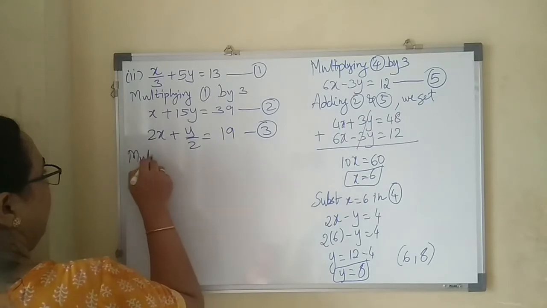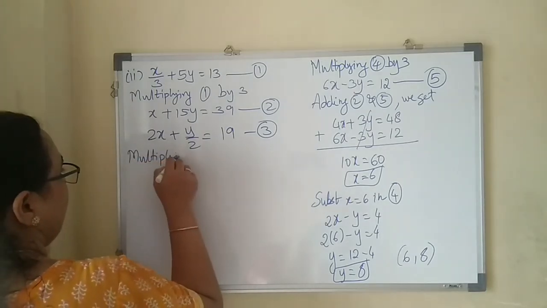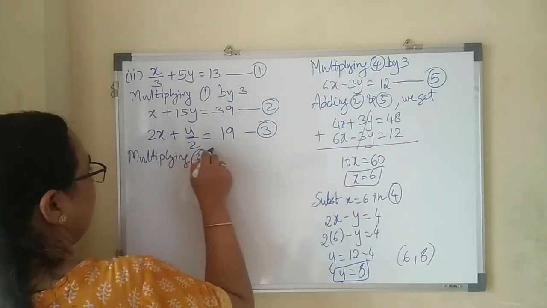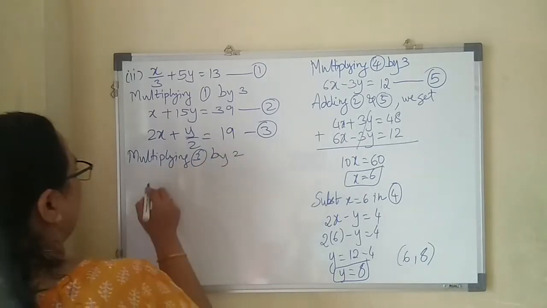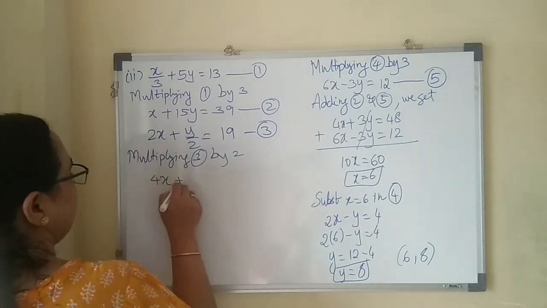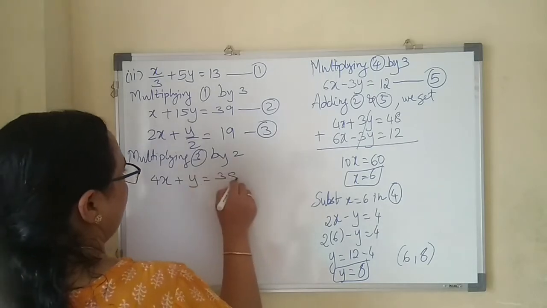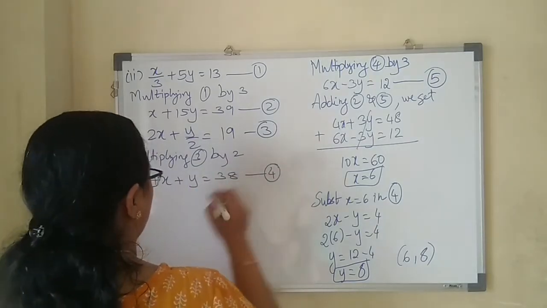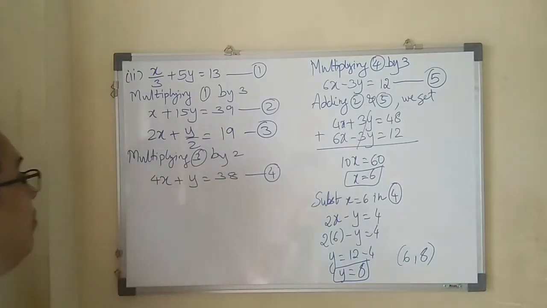So multiplying equation 3 by 2, what do we get? 4x plus y equals 38. Equation 4. Now just have a look. Is it easier? Look at equation 2 and equation 4. How can we solve it? Everywhere it is plus, so anyway we have to subtract. So we multiply